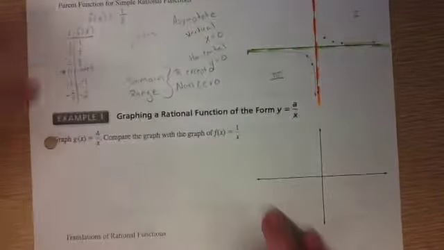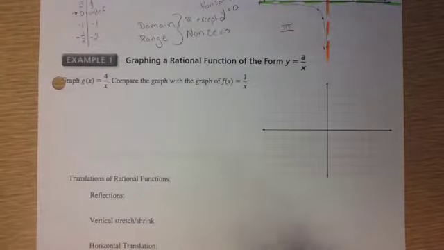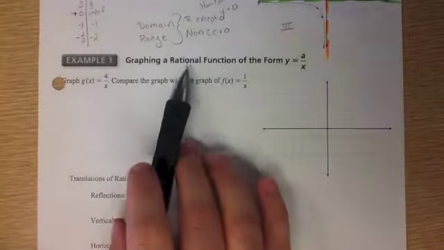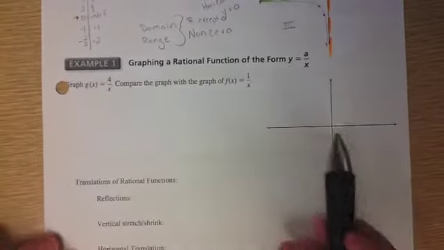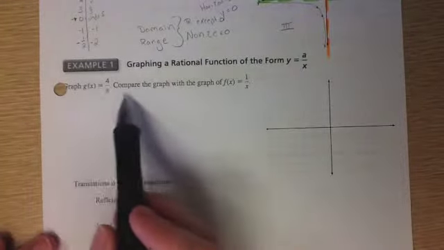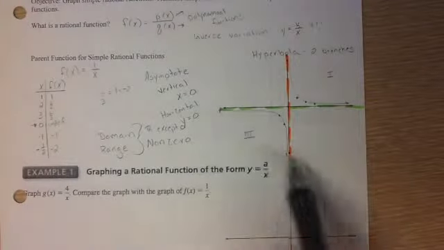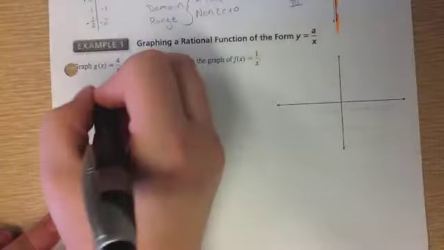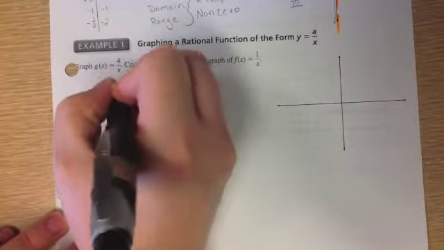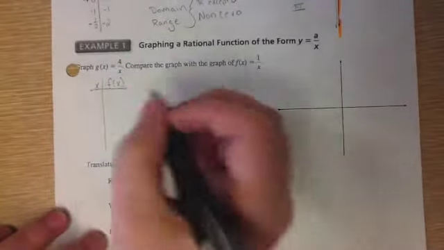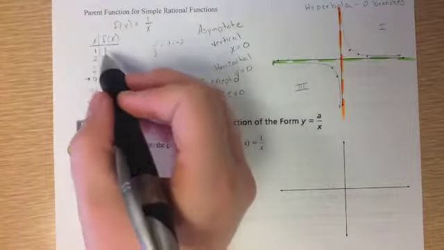Okay. So let's go ahead and graph another type of rational function here. g of x equals 4 over x. So let's graph this and compare it to this graph. Let's do the same table of values, and let's put in similar numbers. Let's put in a 1, because we put in a 1 up before here, so let's put in a 1